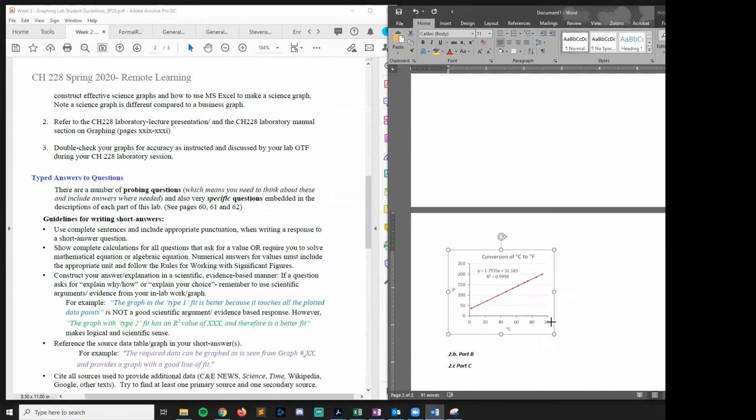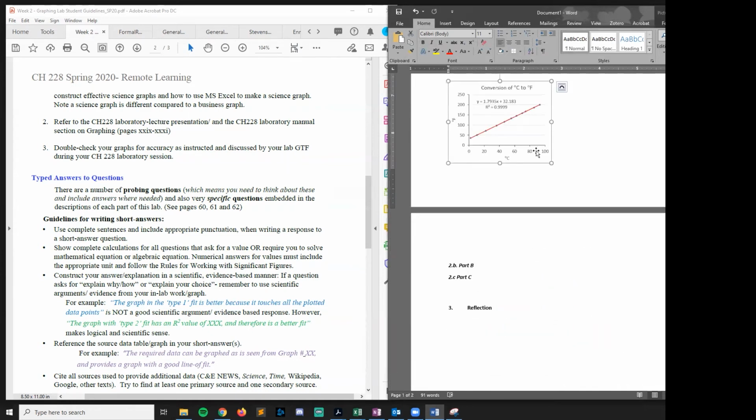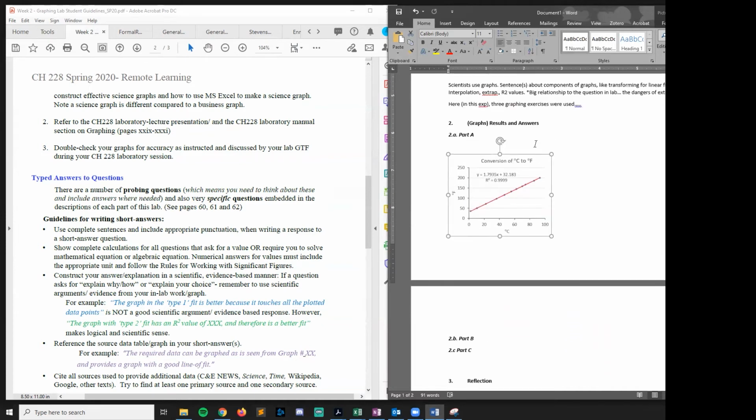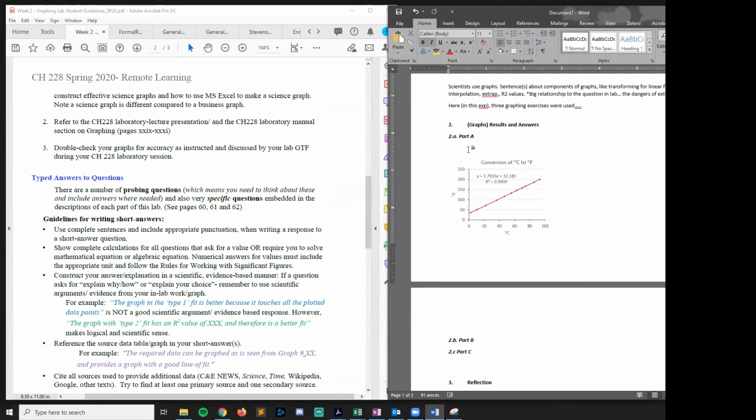Okay, so here's my plot. I'm going to pretend this is hand drawn because I didn't do it hand drawn. I did mine in Excel, right? And so for part A, before you just stick a plot in there, you have to have some words, right? Science writing is going to feel very redundant to you. So part A, you're going to have some words